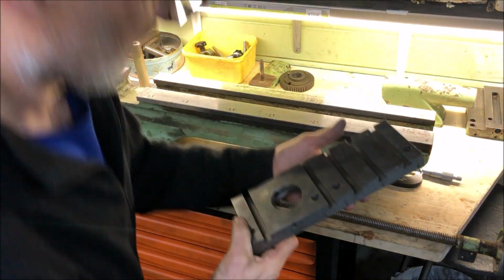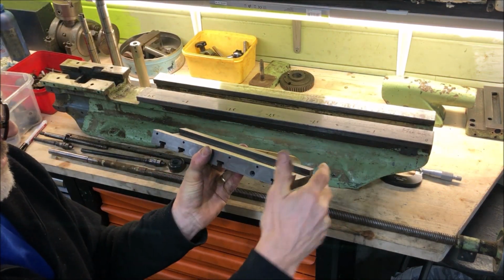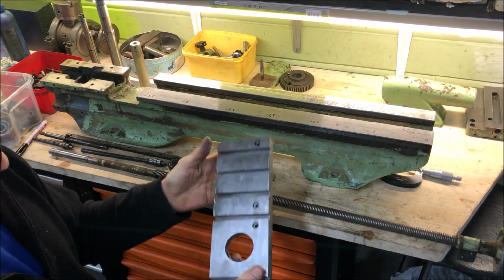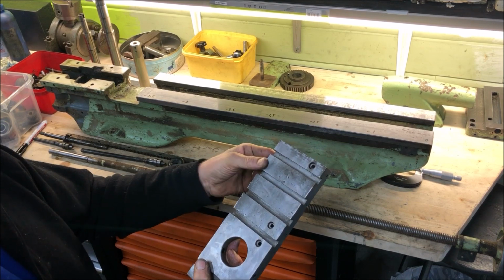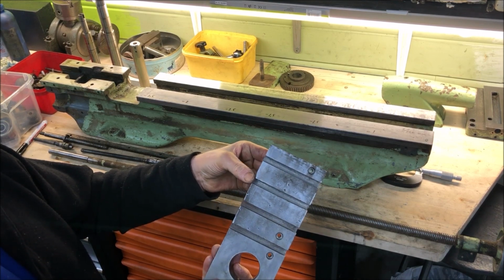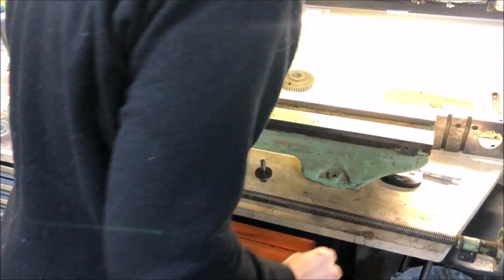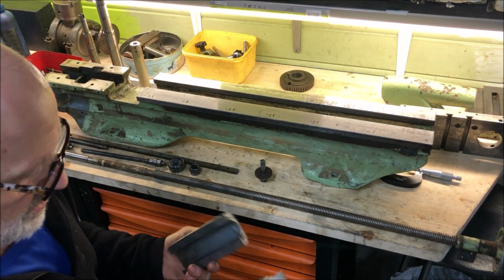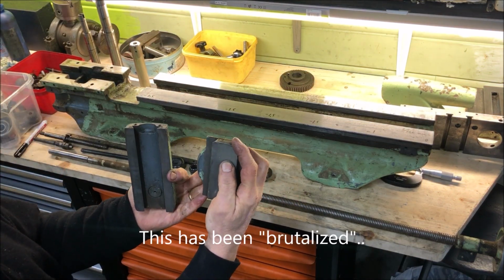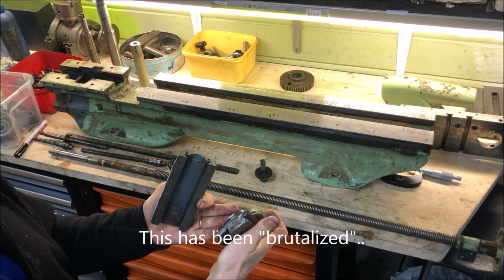And the cross slide, also we can see scraping marks all over. And it's been pretty much untouched, a little bit heavy-handed usage evident here, but not much really. And the top slide has taken some damage running the chuck into the top slide foot, but